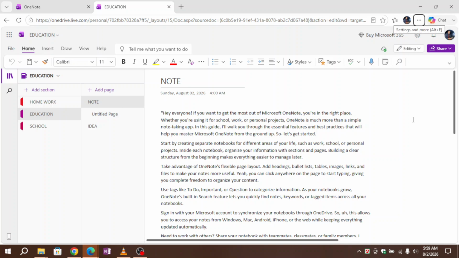Hey everyone, Microsoft OneNote isn't just a note-taking app, it's also a powerful collaboration tool. Whether you're working on a team project, sharing meeting notes, or planning with classmates, OneNote lets multiple people work together in the same notebook. In this tutorial, I'll show you how to collaborate in Microsoft OneNote step by step, so